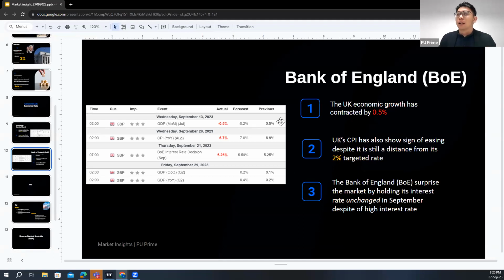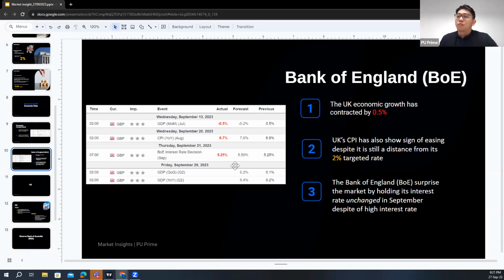And moving on, let's look at what happened in the UK. The UK is also in a conundrum, where the economy in the country is not good. At the same time, as you can remember, last week the BOE, Bank of England, decided not to increase the interest rate, and the interest rate was left unchanged when the market expected the BOE to continue to increase by another